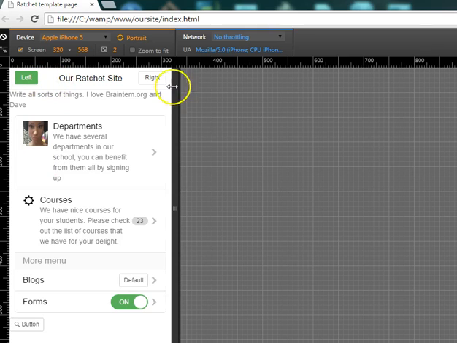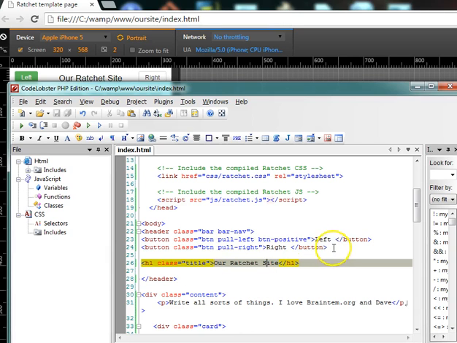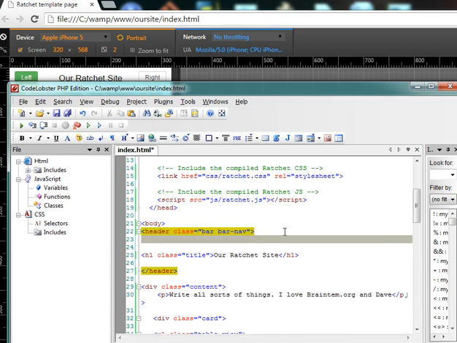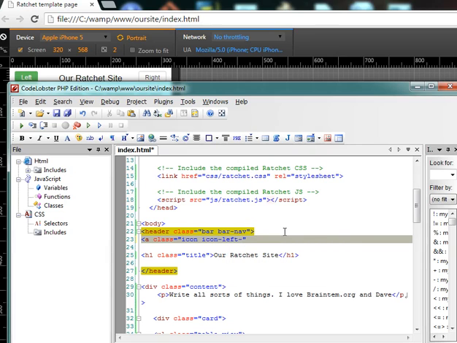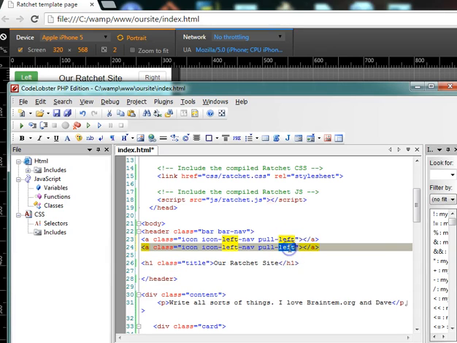Alright, the next thing we could do apart from adding a button is to actually use icons. Apart from using buttons, we could use icons. I could just delete the two buttons and try icons. We have a class, and in the class we have an icon. This is the way to add an icon, and the icon we want to add is icon left now. And then of course we tell it to pull to the left, and we'll pull to the right too. The second one pulls to the right, and the icon we can have is just a right